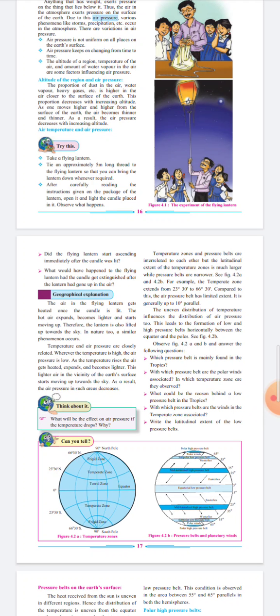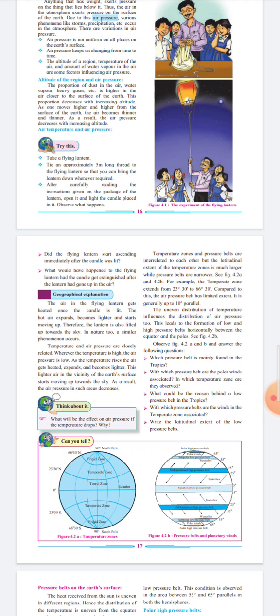And 23 degree 30 minutes north to 66 degree 30 minutes north is called the mid latitudinal area. 66 degree 30 minutes latitude is called the Arctic zone. So from the Tropic of Cancer to the Arctic zone, the temperate zone is there. Temperate means temperature is not high, not low, moderate temperature is there. And from the Arctic zone to the North Pole, temperature is very low, it is a cold zone. Hence it is called a frigid zone.